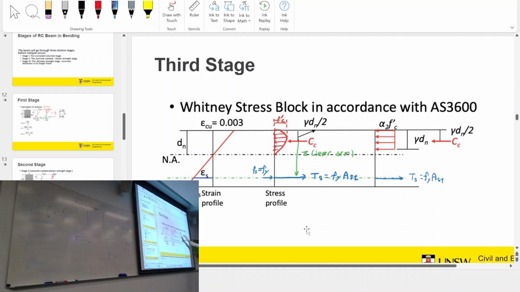So basically, when we design a concrete section, we've got this in compression and this in tension. So when we look at the bending capacity of a beam, we basically just have this force couple, this moment couple. So basically, if we were to look at the,